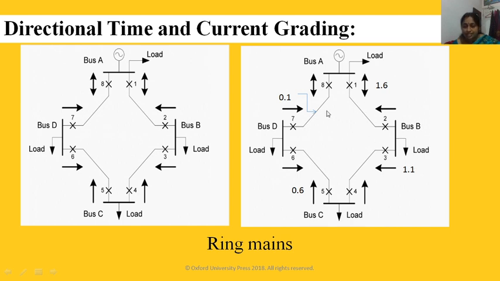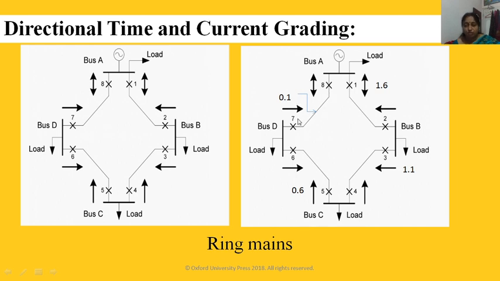After that, the last one: this fault is fed from this side. Suppose this fails to operate, which is the next relay to operate? This one, because this is opposite, which has time grading of 1.1 plus 0.5 to 1.6. This means if this fails to operate, this is the last relay to operate. Initially this is our instantaneous relay, this will operate for a fault in this section or in this feeder. Like this, time grading is done in case of ring mains.